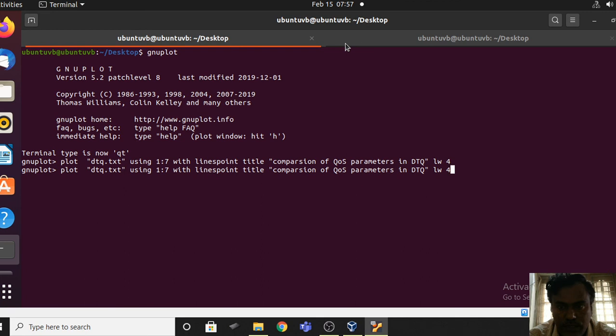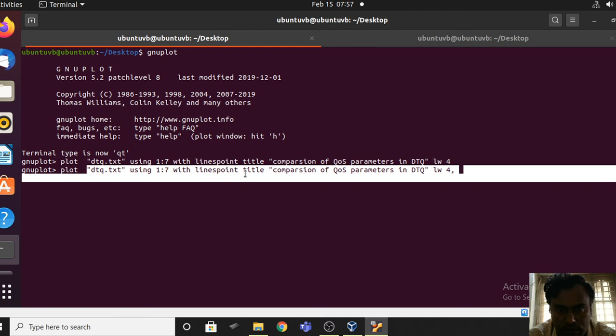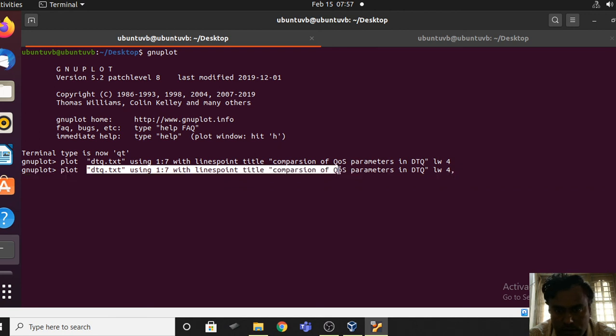So if you want to plot two or more graphs in the same graph, Control C, not Control C.